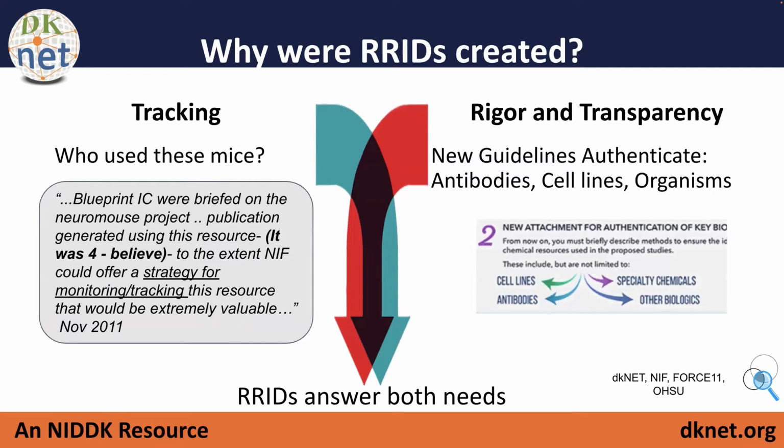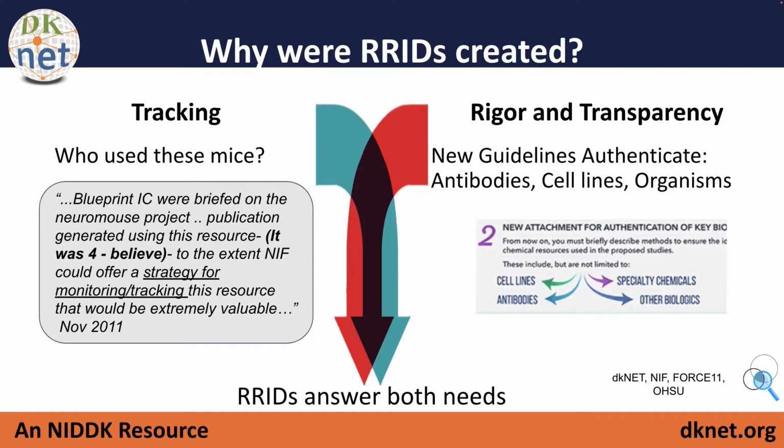One was for tracking. So how do we know what resources are being used and resources that are being produced by grant funding or by other centers, so that they could track what was being used. But a big part of this is also to help with rigor and transparency, right? So that there are these unique identifiers that can be tracked, where you can attach additional information about those resources